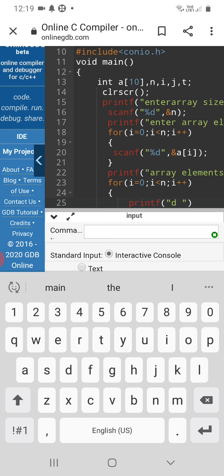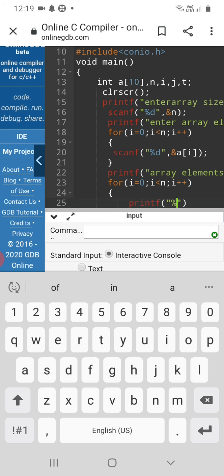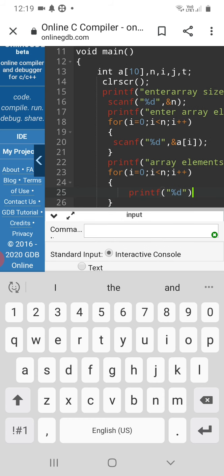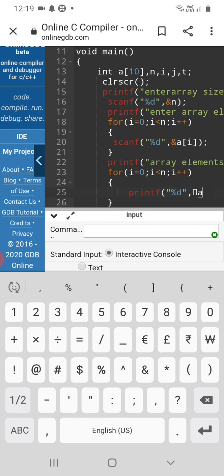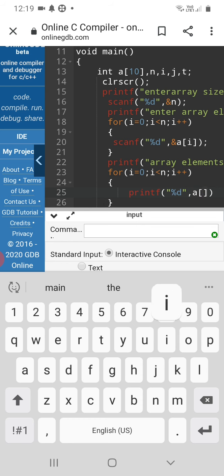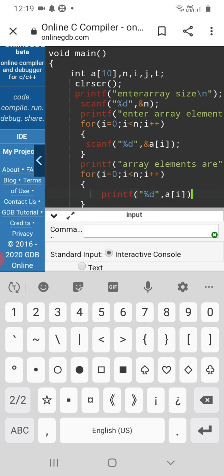Percentage d, percentage d, percentage d comma a, sorry, a left bracket i. Yeah, closing the statement with semicolon.